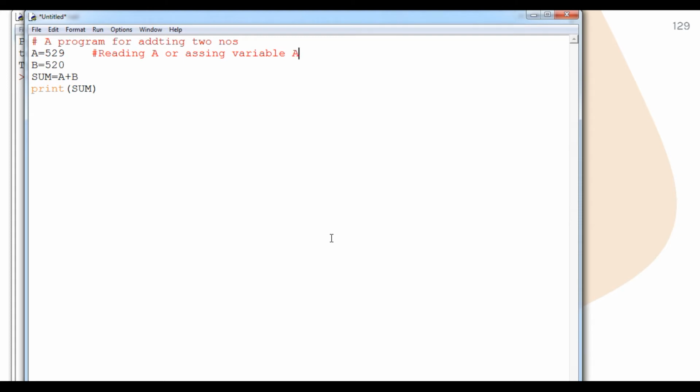Okay, a. Same thing, I will copy, student. I will paste it here along with b. So here I will write reading b, and then here calculating sum equals to a plus b,